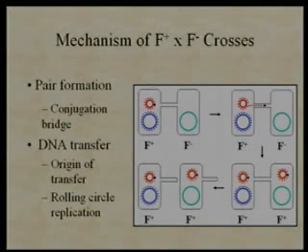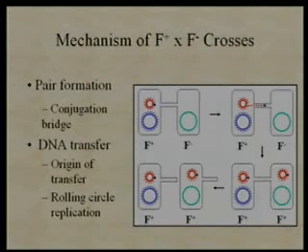Now, once you have the nick there, you have a free 3' hydroxyl group on one side, right? You remember back from your biochemistry. And what do DNA polymerases do? They add nucleotides onto a primer, which has a free 3' hydroxyl group, and they read a template in order to determine the correct sequence. Okay, so you have a 3' hydroxyl group, and the unnicked circle is going to act as the template,